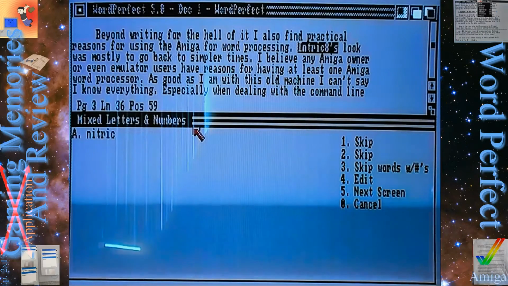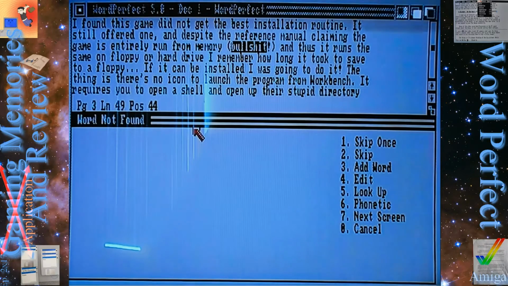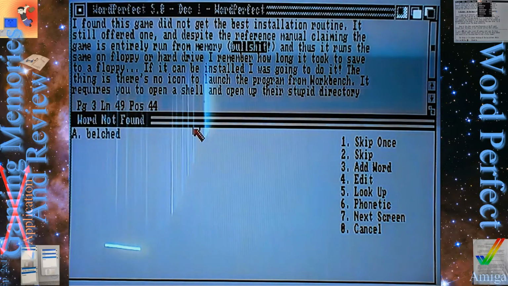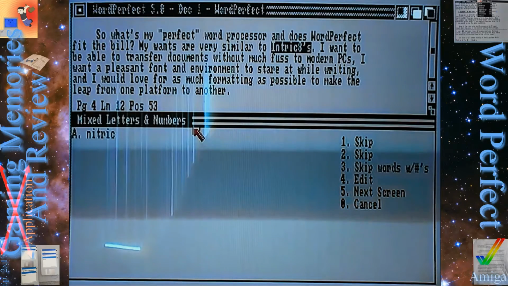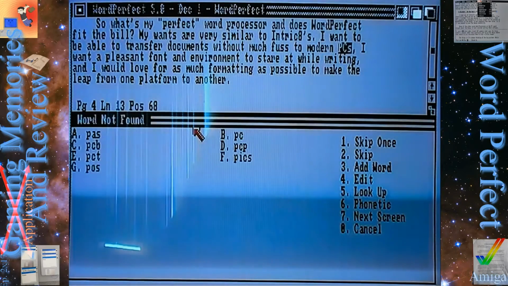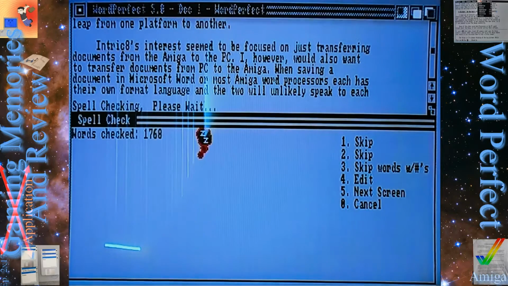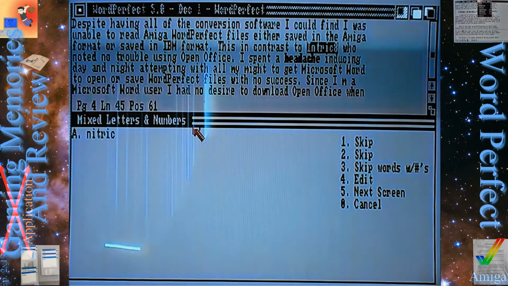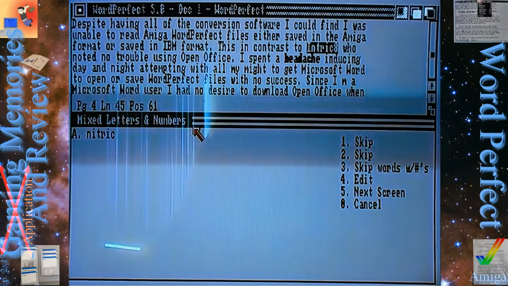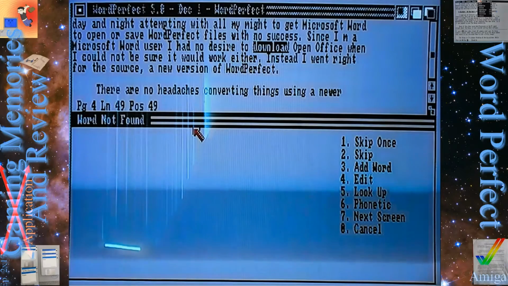Lots of intricates here. I'm wondering, I bet you it's missing a lot of real stuff. Word not found. Belched? No, not quite. Oh my god, can you stop with the intricates? Oh my god, you're killing me. I know I've got a lot of things spelled wrong, okay? I spell checked it on the Windows machine, okay? I know I've got a lot of real words spelled wrong. Stop going with the damn... You don't know what download is either?